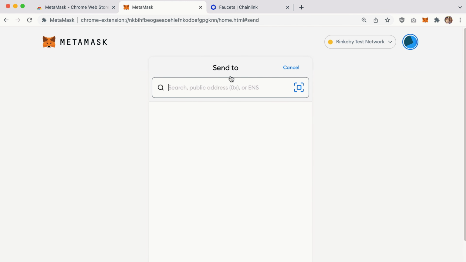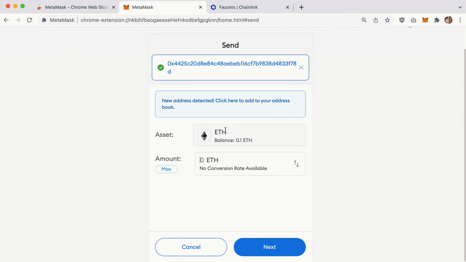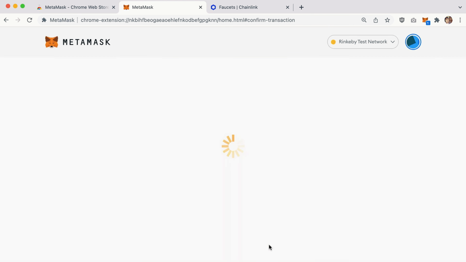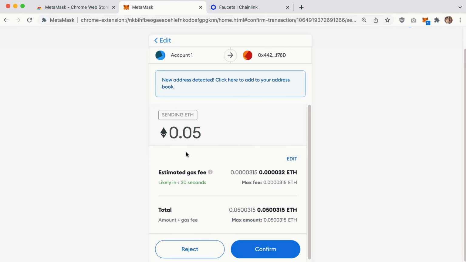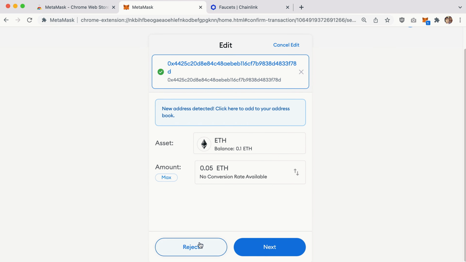Pretty simple UI. You click send and then you can paste in an account number. And then if you have multiple assets, you can select between them, but you pretty much just specify the amount, and then yeah, pretty simple UI. You click next and confirm, and then if it's all confirmed, it'll show up in your transaction history, yada yada,